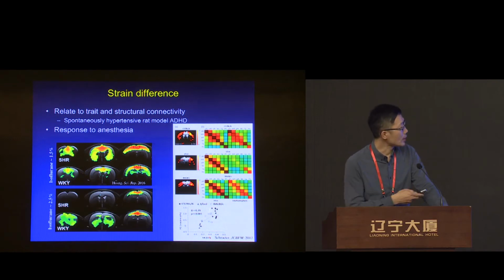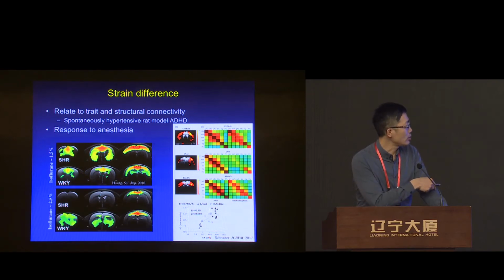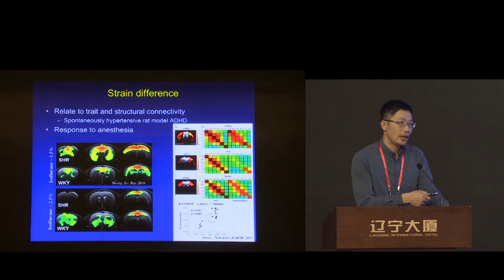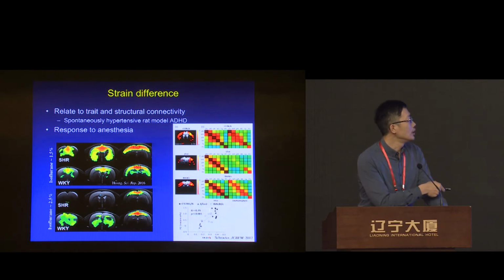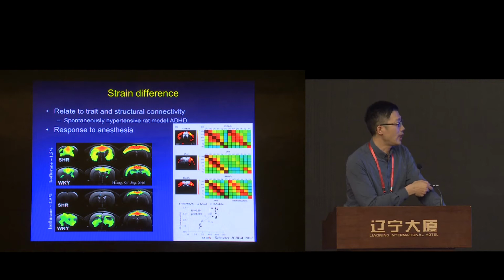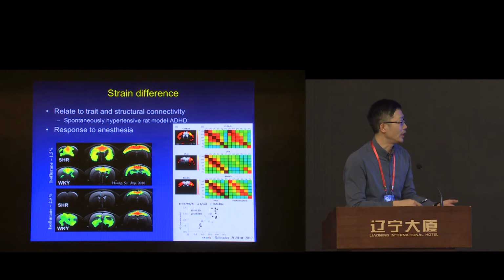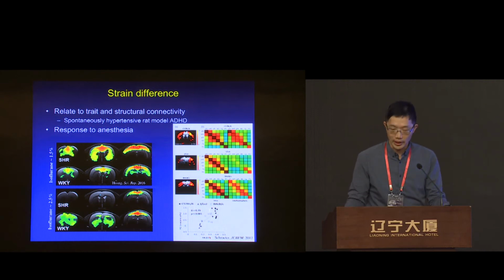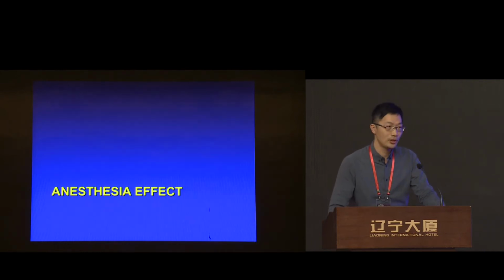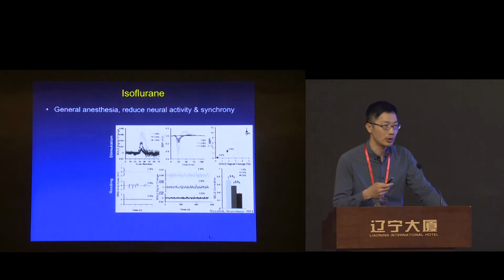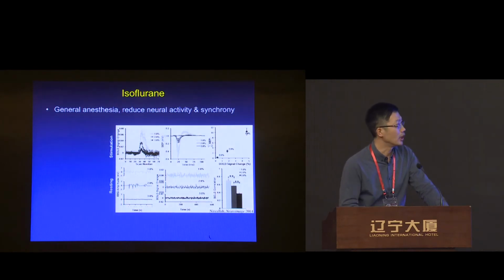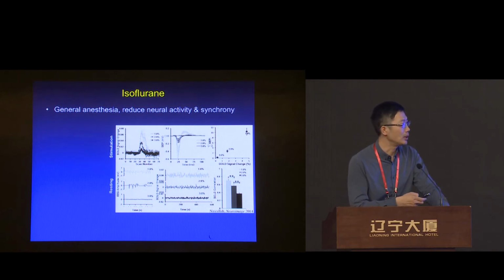However, in this study, they also showed that if you turn up the anesthesia isoflurane level, the spontaneously hypertensive rat has a much more rapid reduction of default neural network connectivity. So it seems this strength difference could also be modulated by their sensitivity to anesthesia. So anesthesia is an important part of our rodent study, and maybe also other primate studies. I will mention a few common anesthetics we have been